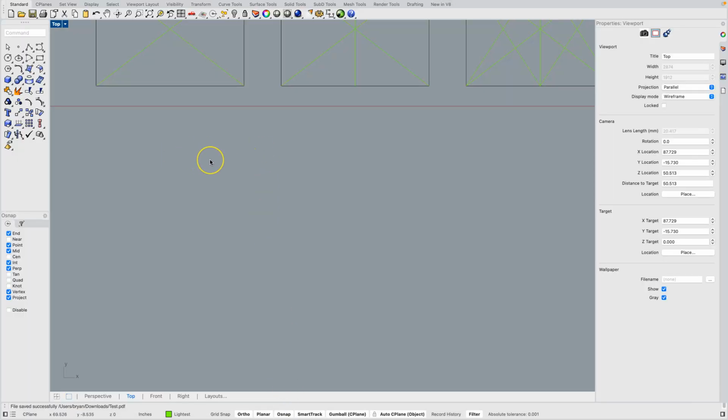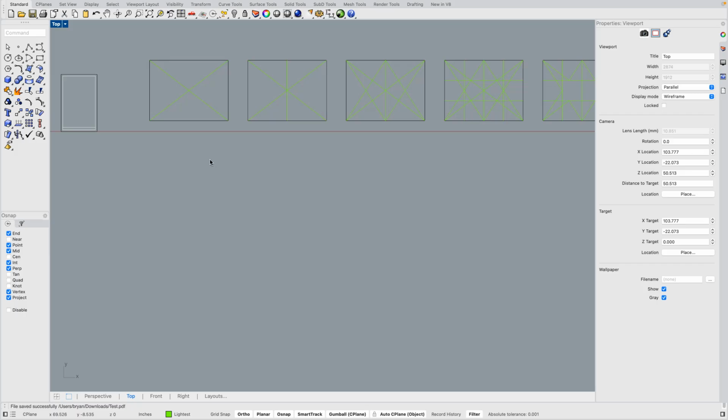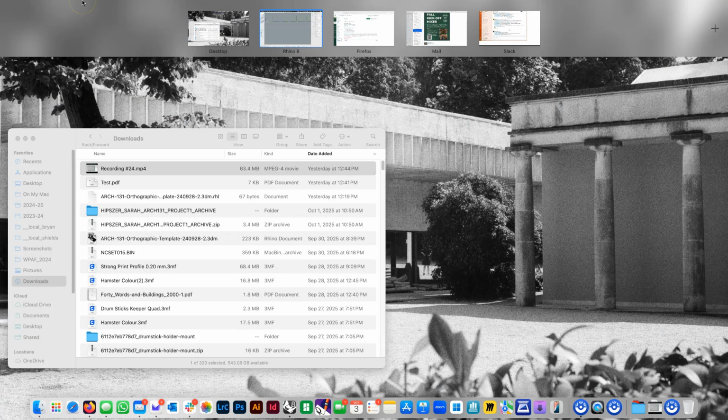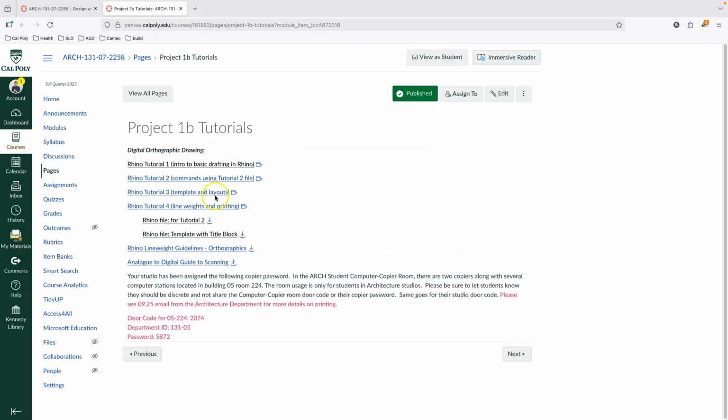Okay, so this is my morning section of ARC 131. We're going to open the template file in Rhino. This is the thing you download from Canvas, and I can fly out here and just show you again in here. This is the file that you have, a template with title block. We're going to download this template with title block, and after you've completed parts 1 and 2, you actually can understand 3, and as we move through these steps, right now we're kind of in tutorial 3 era,